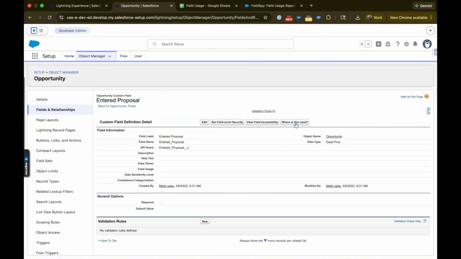Even if it's not on the page layout, it may be used somewhere on the back end, and you need to make sure that where it's being used on the back end isn't going to impact anything before you delete it. Third, you want to make sure